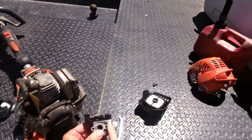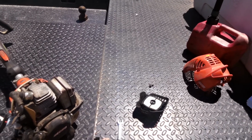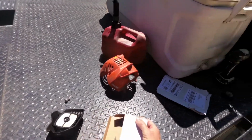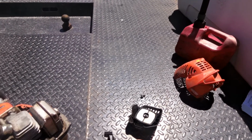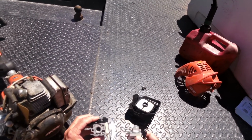This OEM part for the Echo, it was like 12, 13 bucks for that. I'm not sure if it was that or not. So off of eBay, I just got one of those cheap little aftermarket carburetors. It was 10 something, I believe, plus $1.97, I think, shipping and handling. It's an identical part. So hopefully,